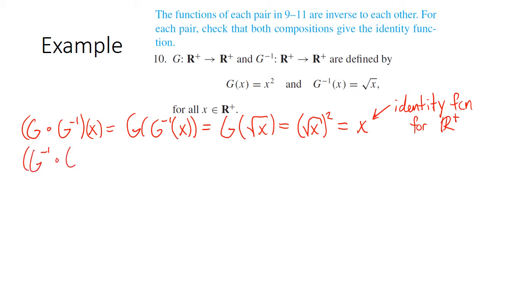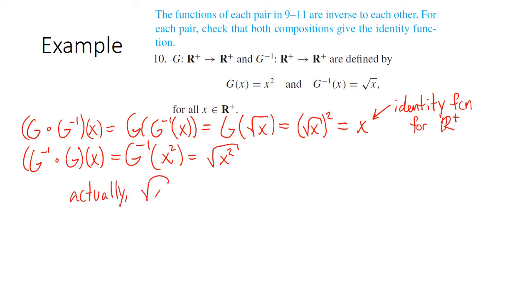So g inverse of g of x. First I'm going to plug in the formula for g, which is x squared, and then I'm going to put that into the formula for g inverse. So I have the square root of x squared. Now, if any of you previously had me for calculus, you know that I repeatedly, as often as I possibly could, would mention the following fact, which is that actually